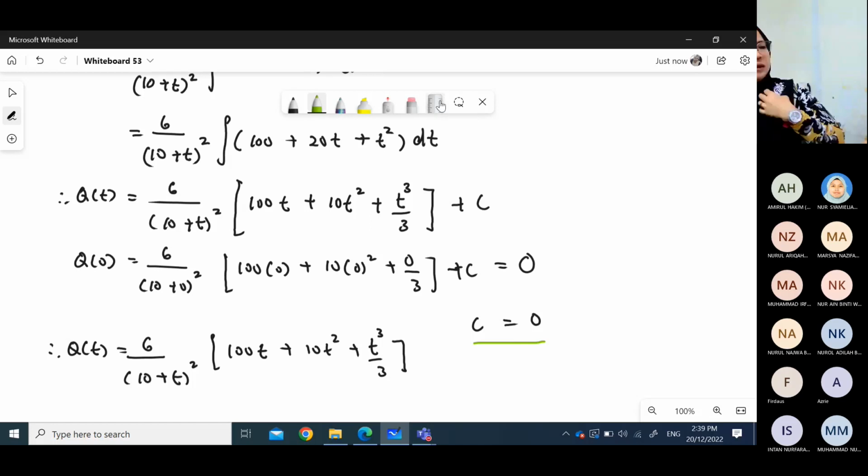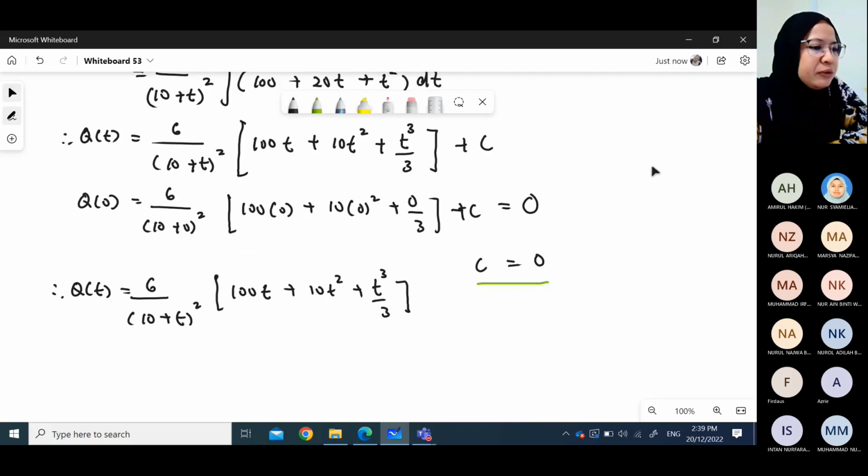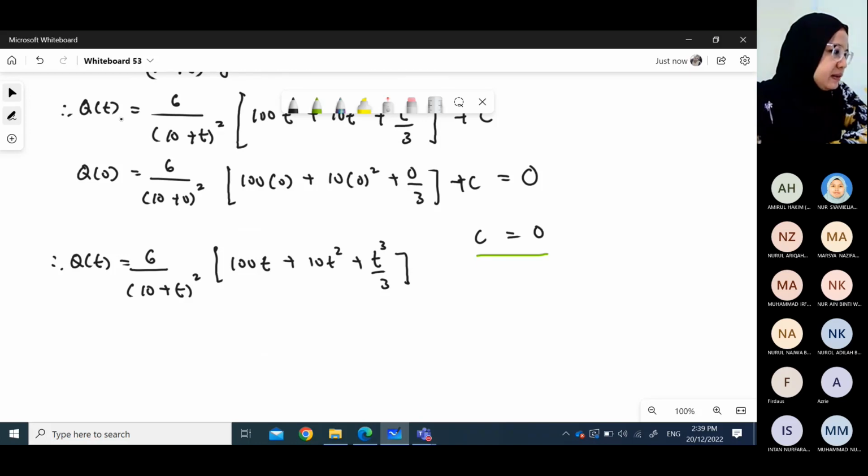Okay, so untuk after 10 minutes, so how to find the quantity of salt after 10 minutes? Yes, we substitute t into 10. Okay, so after 10 minutes,